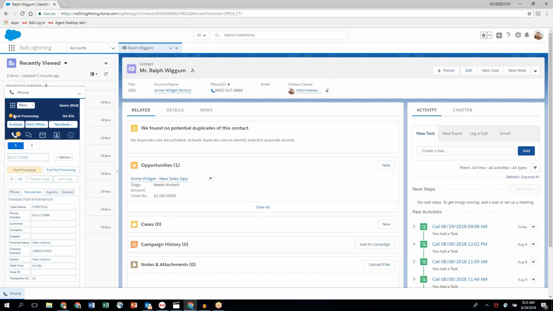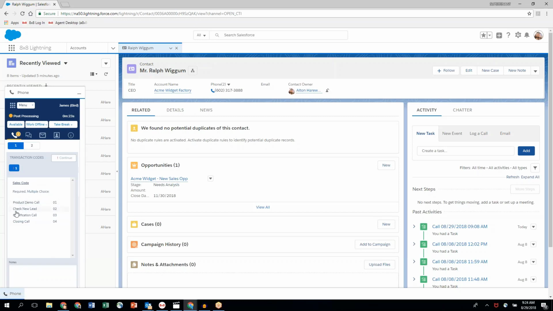I've got my post-processing timer set to a minute. So it's going to count down from a minute down to 0 seconds. You can set this timer to whatever time frame you'd like. Mine's set at a minute in this experience. If you want to essentially fast forward and not spend the entire minute in post-processing, I could go ahead and end it early, add any account codes that I want to add. Let's just say that this was a demo call, and continue. And then as soon as I click that, I now go back into available status and I'm ready to handle